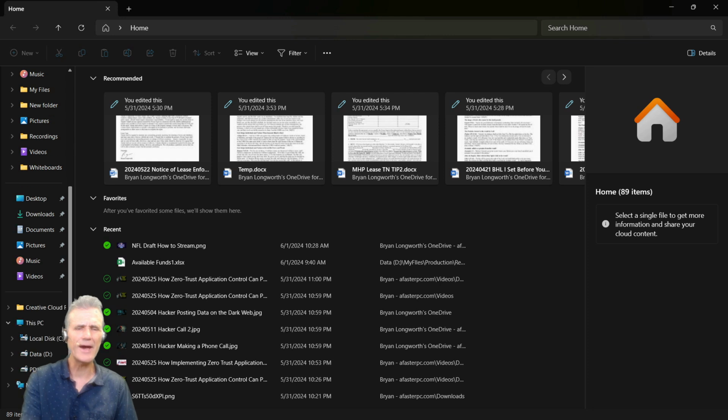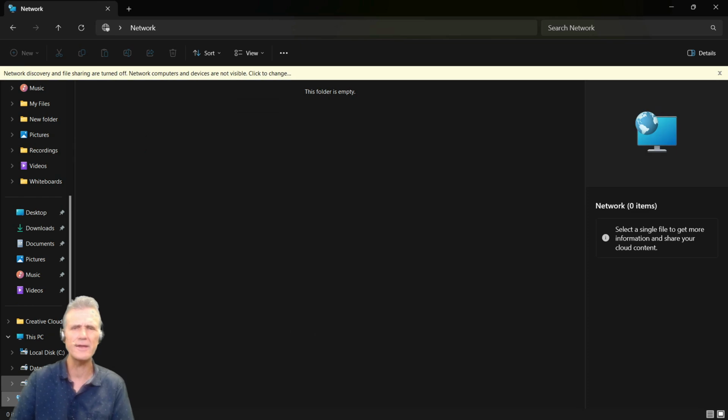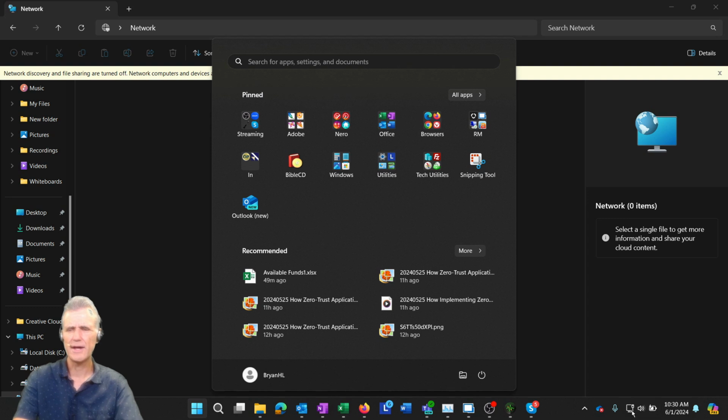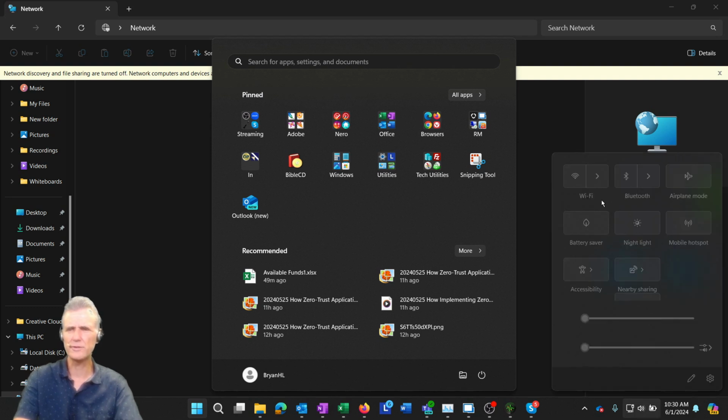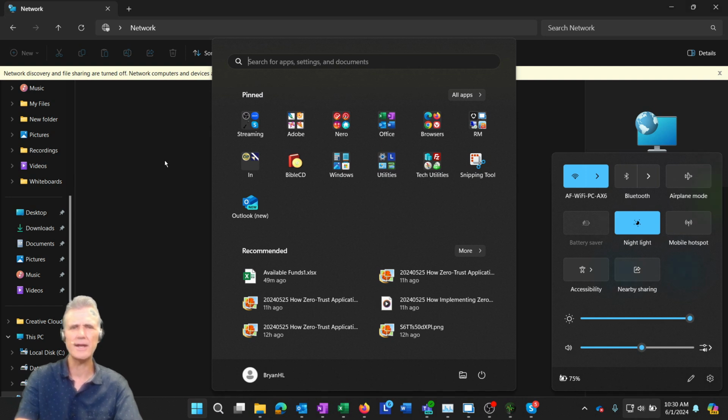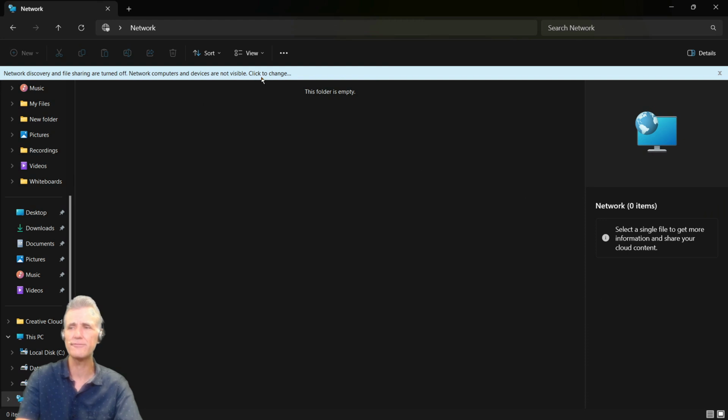But if I were accessing a file from the network, so if I click on Network here, you see that my network discovery and file sharing are turned off. I'm not sure exactly why they're turned off. Sometimes when you change your network settings, Windows will ask you if you want to allow network file sharing, and if you don't say yes, it automatically turns it off by default, which, by the way,